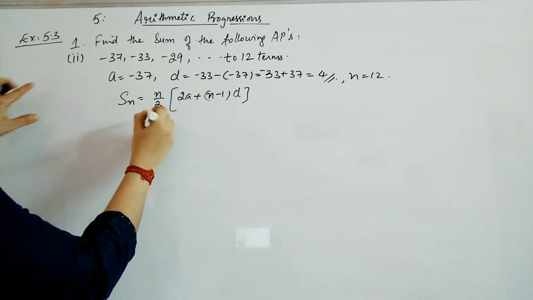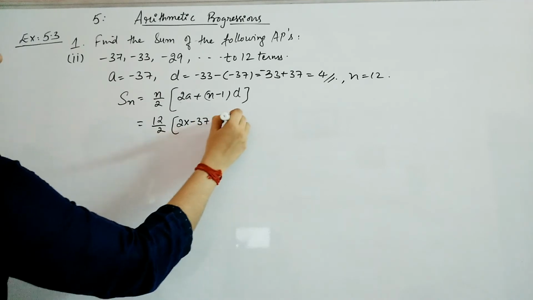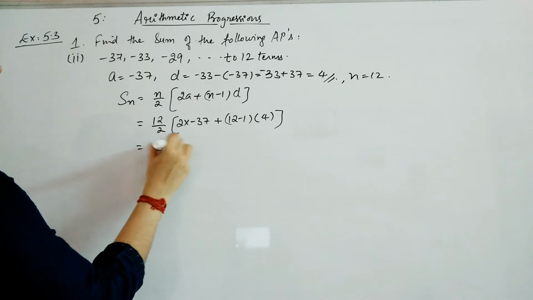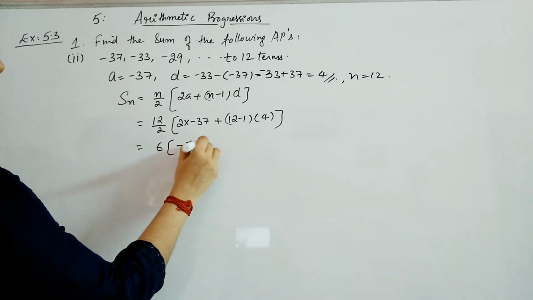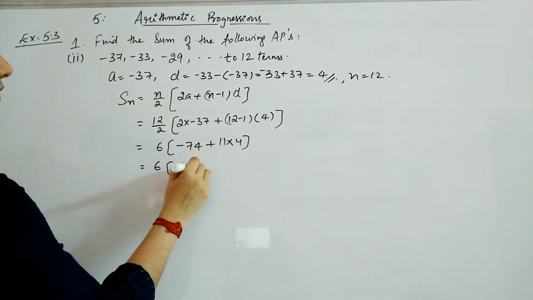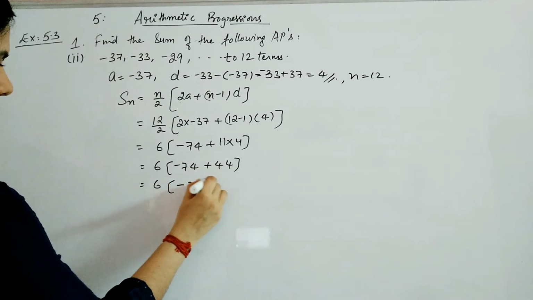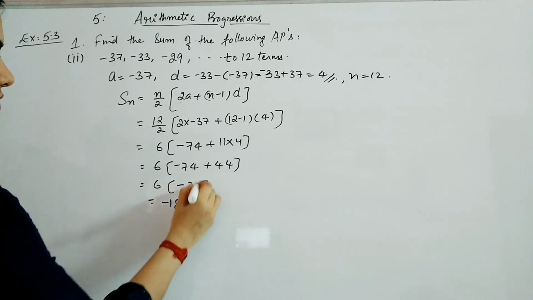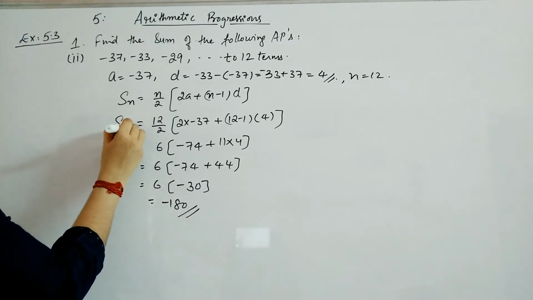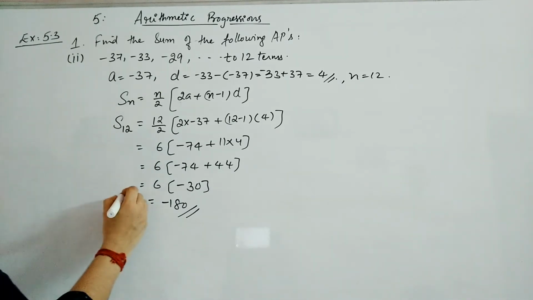Replacing the values, you will get n as 12 by 2 into minus 37 plus 12 minus 1 into 4, right? This is 6 into, here you will get minus 74 plus this is 11 into 4. Again 6 into minus 74 plus 44 will give you 6 into minus 30, which is minus 180. So your answer, that is Sn. Now when you write Sn, in the next step you can just replace your n with the number which they have asked. So you can write it as S12. So your S12 is